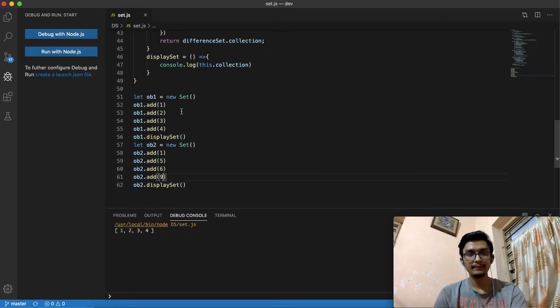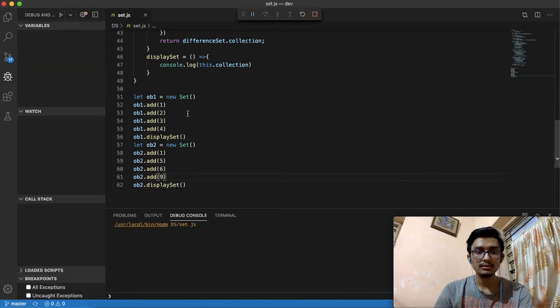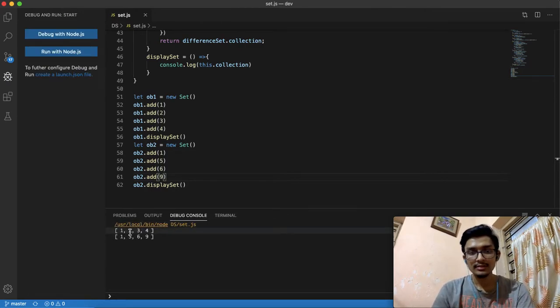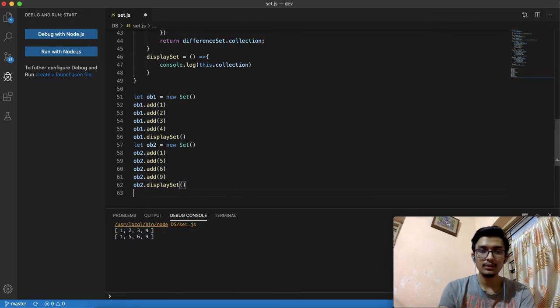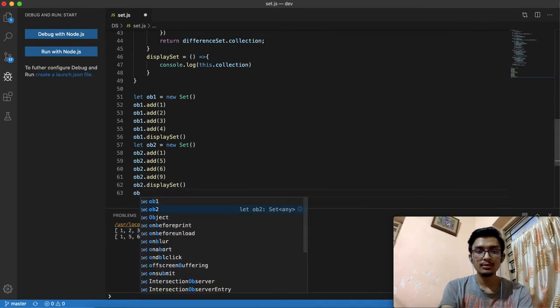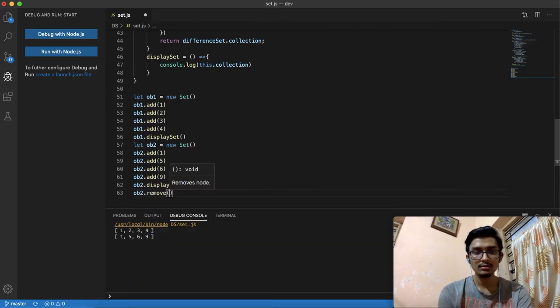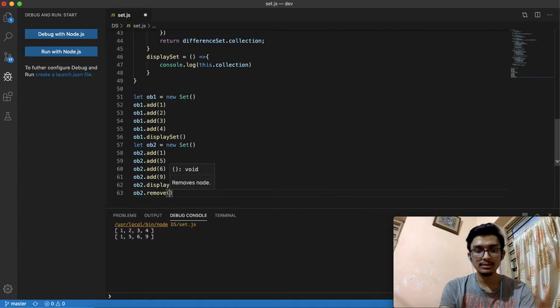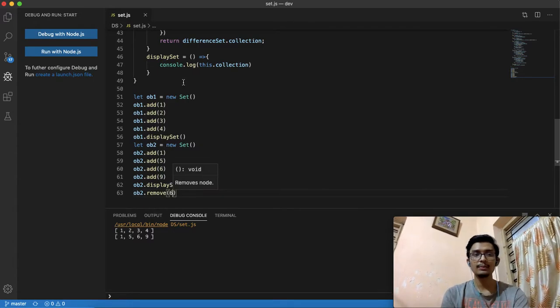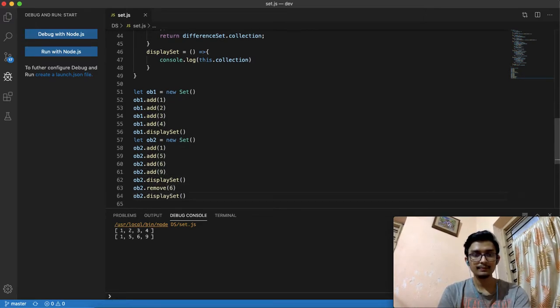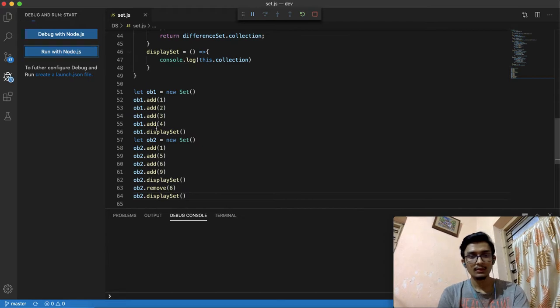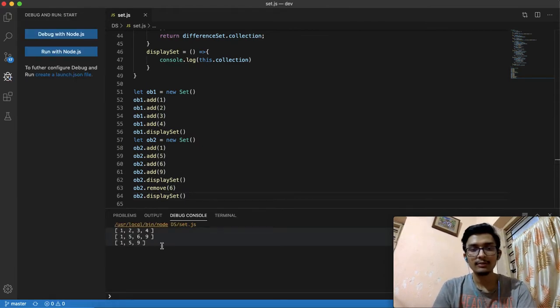Okay, let's run it. First set 1, 2, 3, 4, second set 1, 5, 6 and 9. Okay, let's remove an element from ob2. Let's say I want to remove 6. Okay, now let's display it. So let's see what happens. 1, 5, 9.